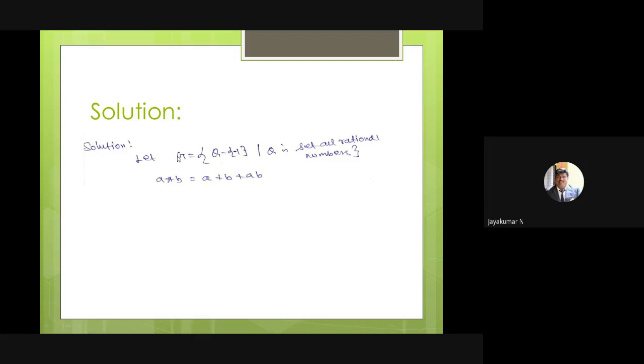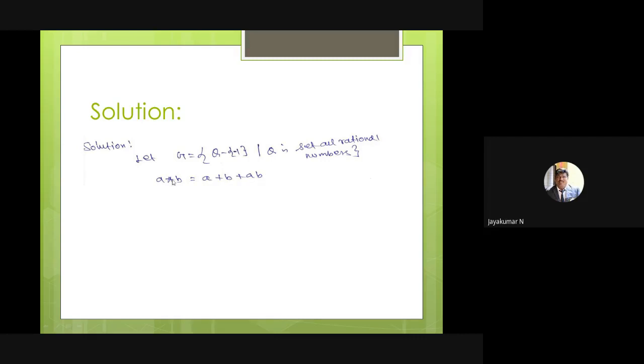Okay, what is the given set? Given set G is Q minus {-1}, that is why I write like this. So G is the set of all rational numbers except -1, where Q is the set of all rational numbers. What is your operation? A star B is equal to A plus B plus AB. Please observe the operation. A star B means before star and after star, so just adding before star plus after star plus the product of before and after.